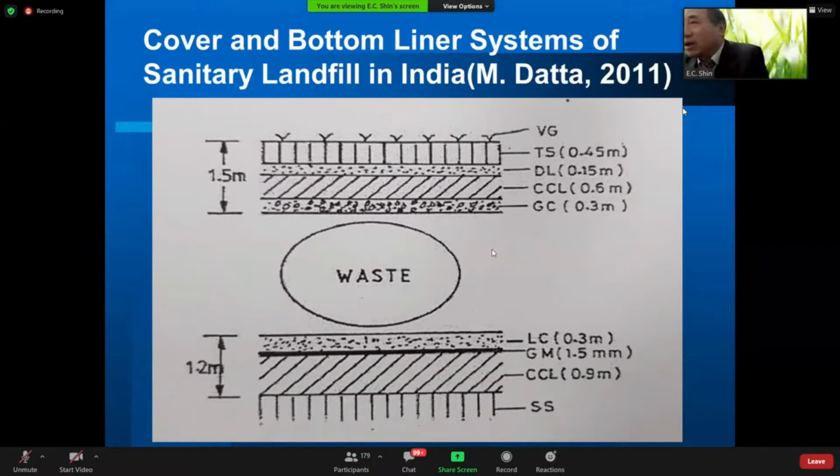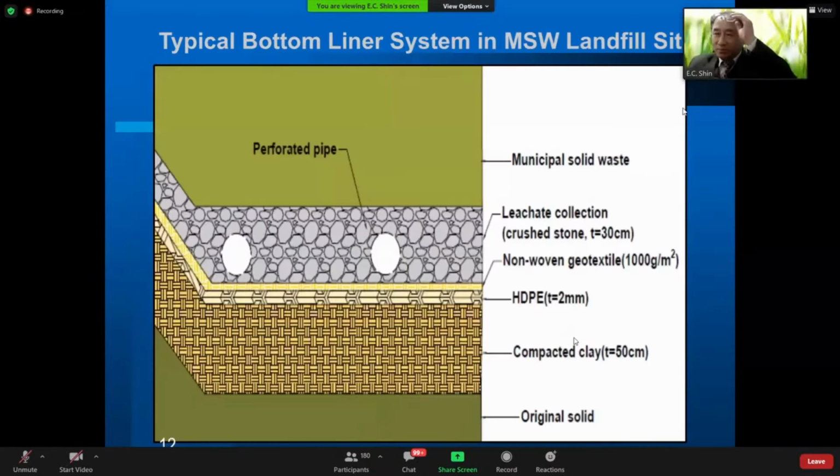I think it is different from our landfill system. Here you have a drainage layer on the top, where we have 50 centimeter but you have 90 centimeter, and your membrane is 1.5 millimeter but we have 2 millimeter. So this is a typical one from 1999, the standard designated by the Korean EPA. Bottom liner system, municipal MSW, and then leachate collection and removal system, 30 centimeter thick, and the non-woven geotextile, and then HDPE, compacted clay liner 50 centimeter. If you don't have any HDPE, we use a 1 meter thick compacted clay liner and the original